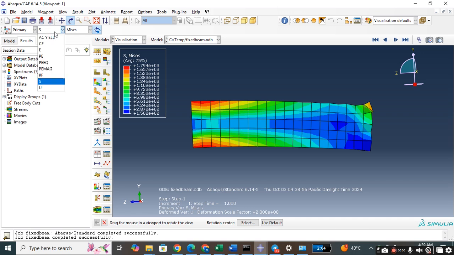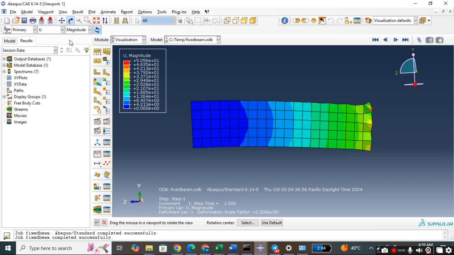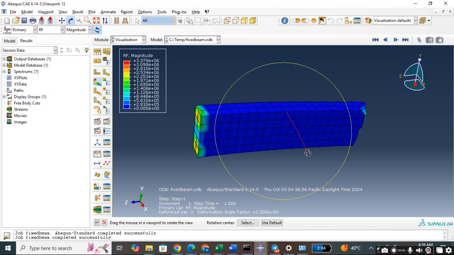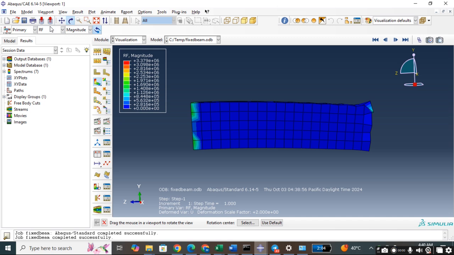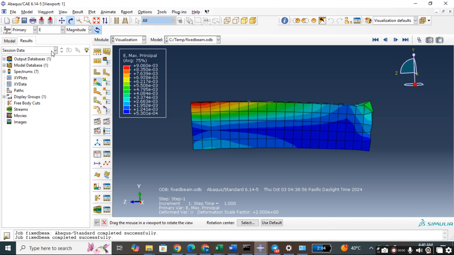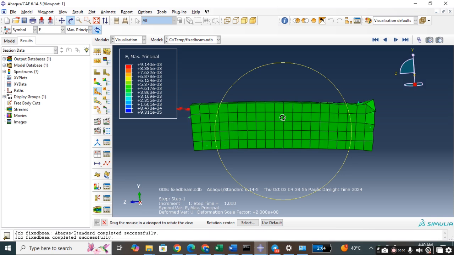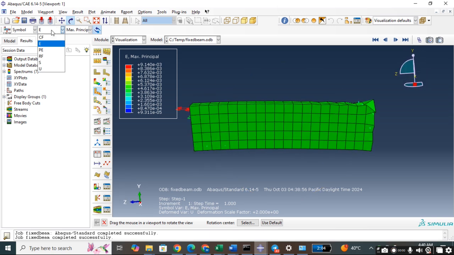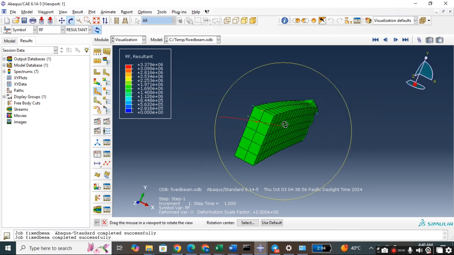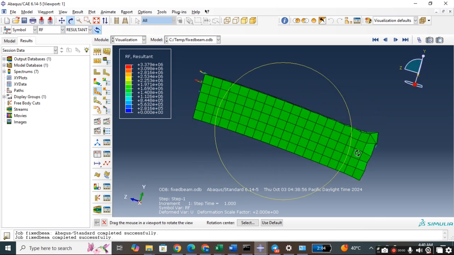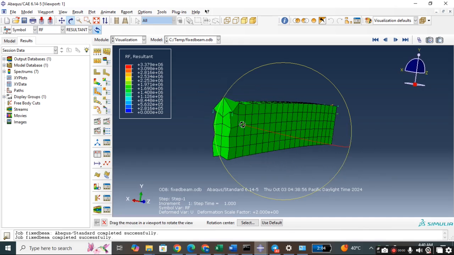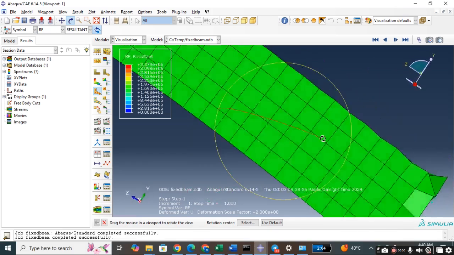Stresses, displacement, reaction force, everything you can see here. Strain, symbols of reaction force. Here you can see the symbol of reaction force, and also here you can see